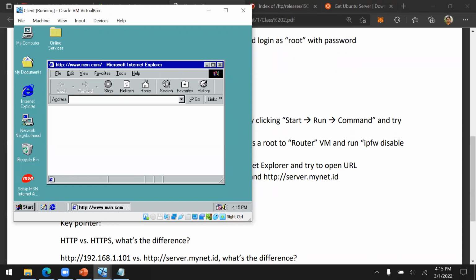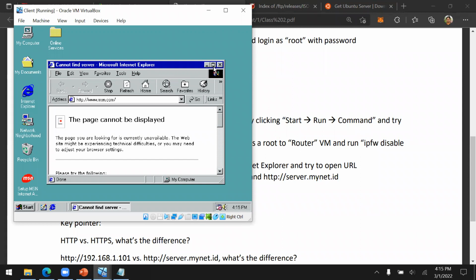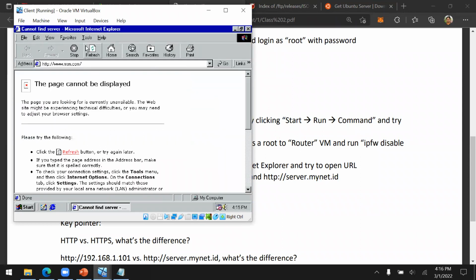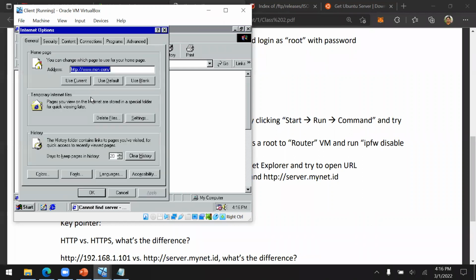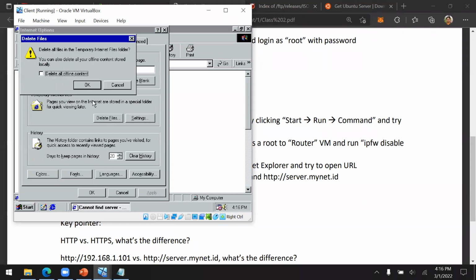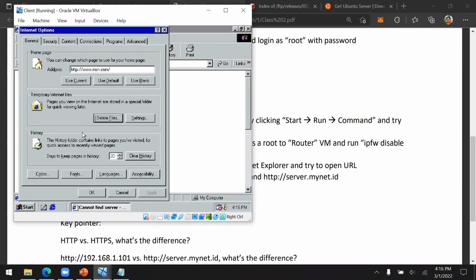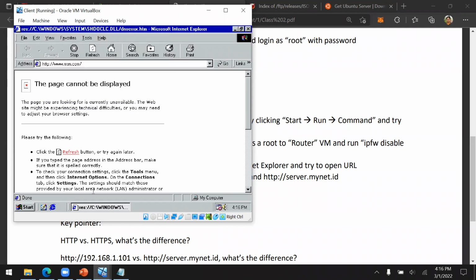Okay, now I cannot find the msn.com. Now, before we start, remember to clear the web browser cache. So we need to, where is it? This one, Internet options, and then delete files. Delete all offline content. Okay, now, before we try to retrieve the web content of the server, first we need to run